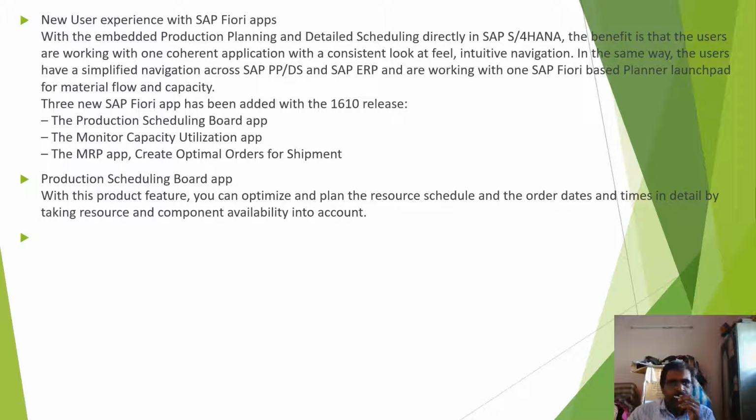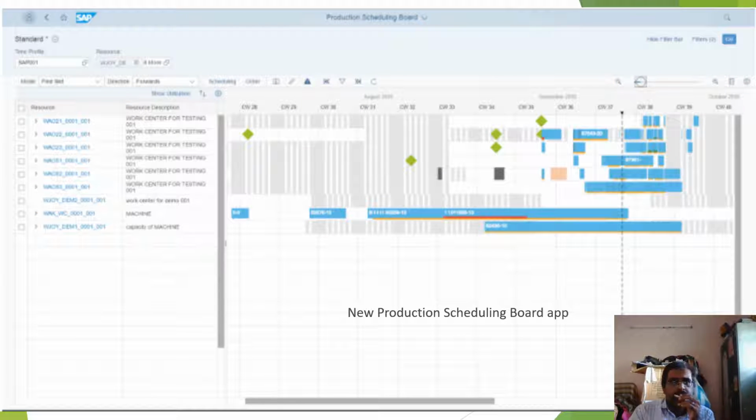Production scheduling board app: with this product feature, you can optimize and plan the resources, schedule and other data, and timelines in detail by taking resource and components availability into account. So this shows the new production scheduling board app. So you can see how the phases are structured based on the date, how the work is sequenced. Okay, so you can see that